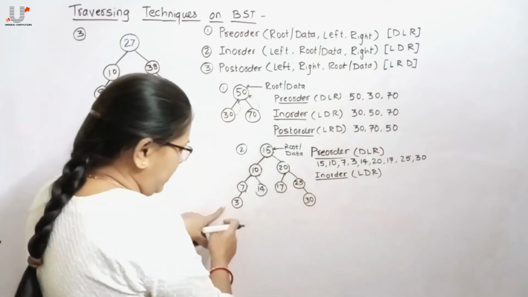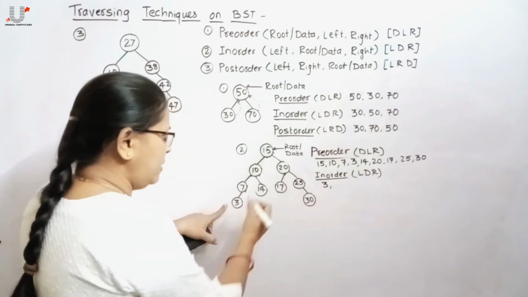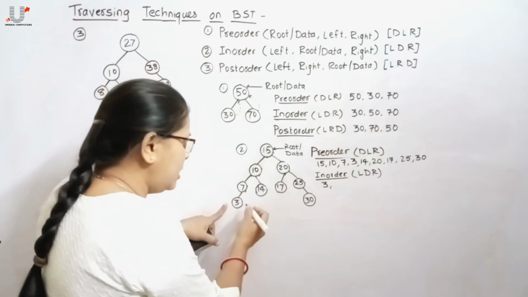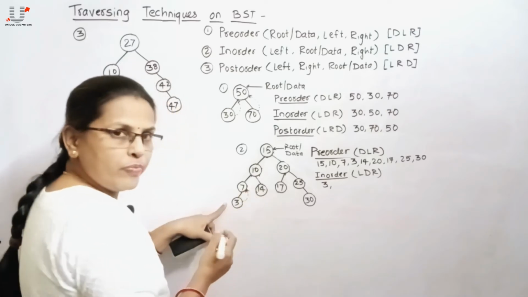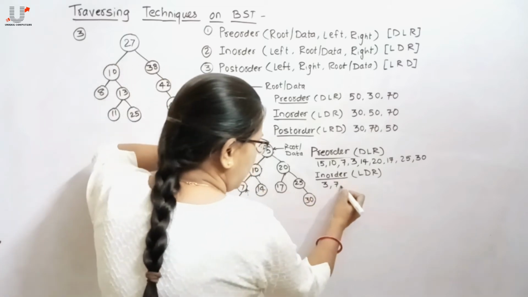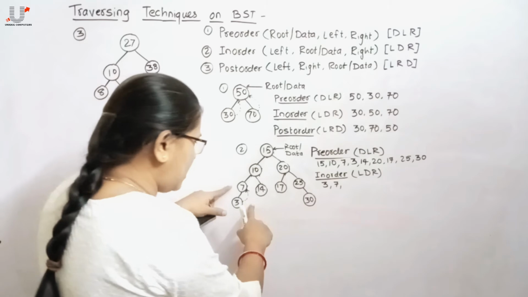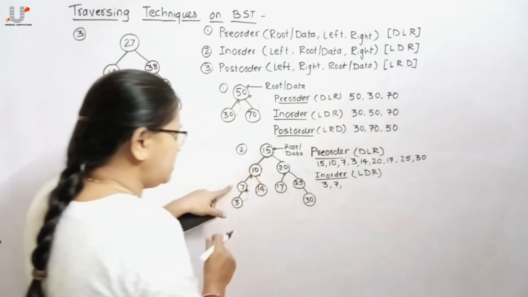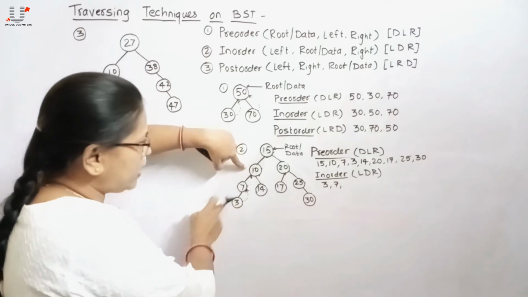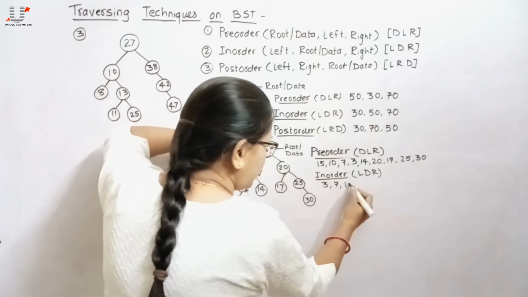As it's a leaf node, it doesn't have any left subtree, so data itself gets processed, that means 3 gets displayed. Then apply R. As no right child is present for this 3, the control will transfer to its parent. As L has already been processed, then data, that means 7 gets processed, and as no right child is present for this 7, again backtrack to its parent, that means 10. As the left subtree for that 10 has already been processed, apply the data part, that means 10 gets displayed.